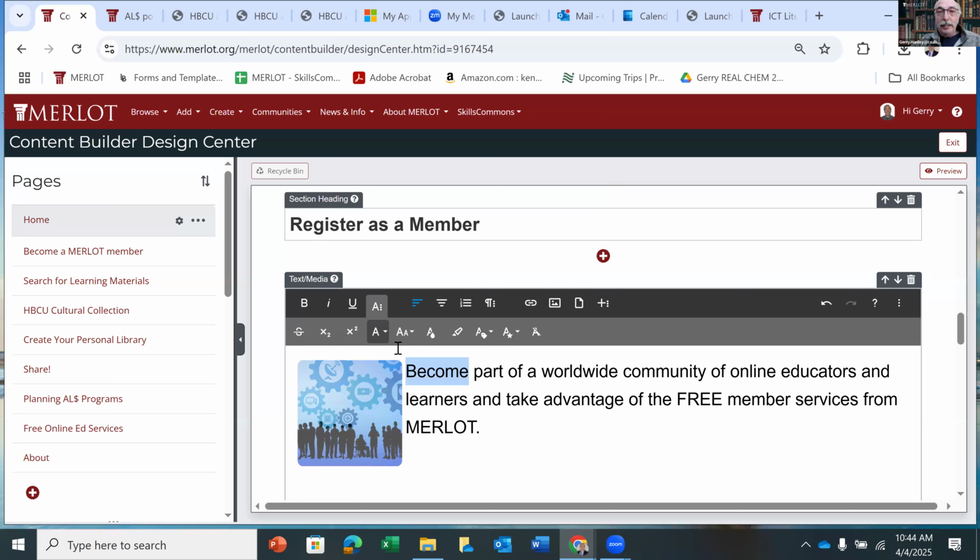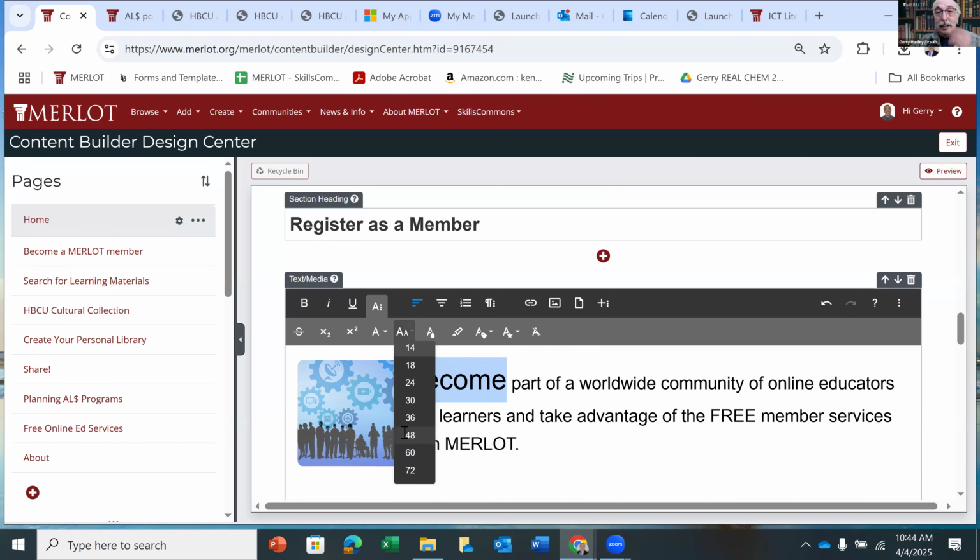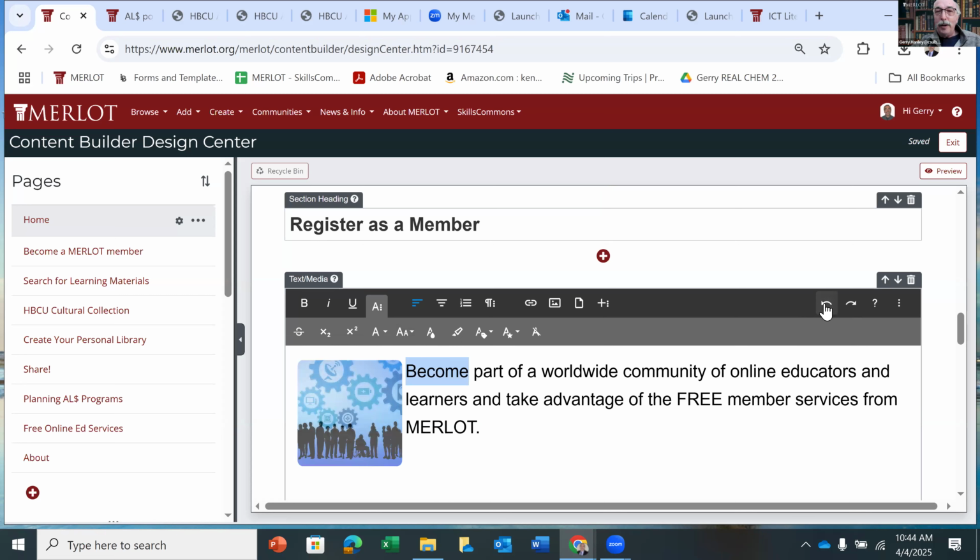Or I want to change the size of its font, I can do that, right? So there's all types of things. And if I say, no, I don't like that, I just want to go back to the way it was, right? Other things, you can center it. You can create bullets, paragraphs. You can indent. You can do lots of things.